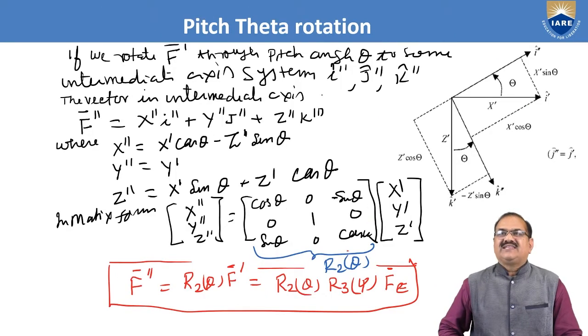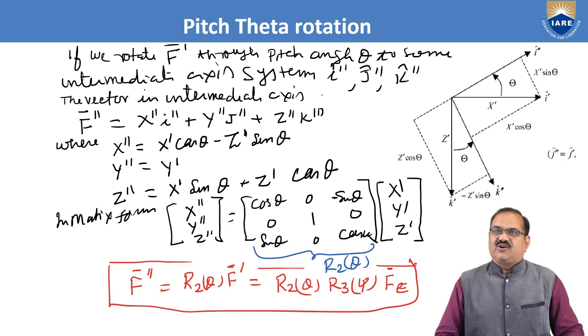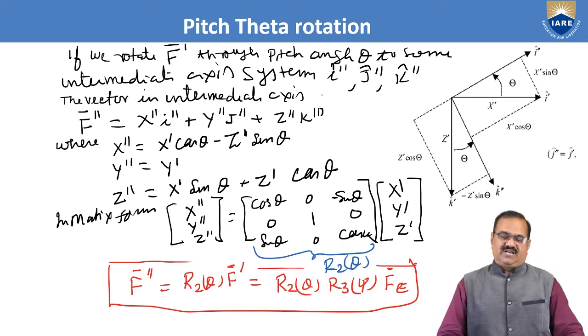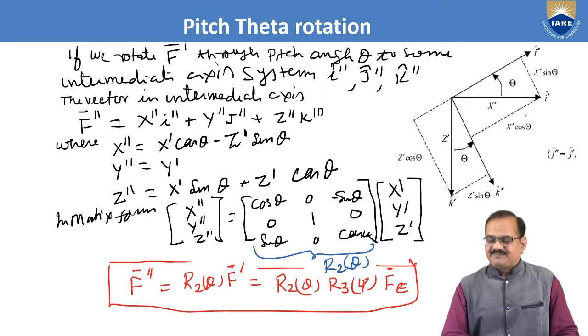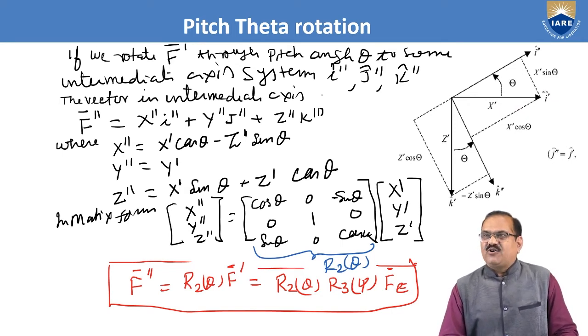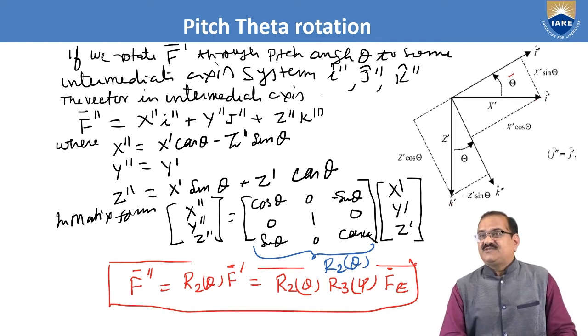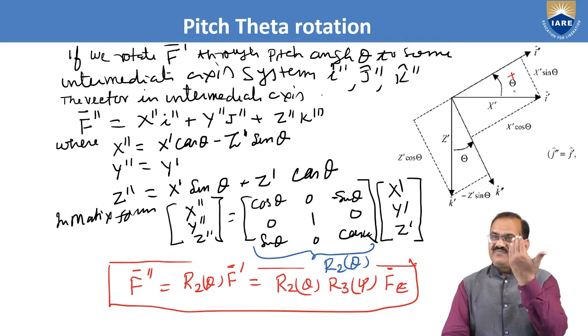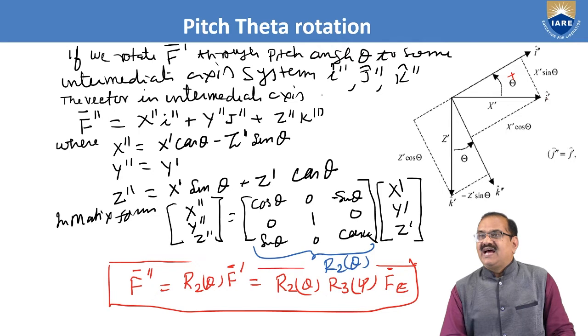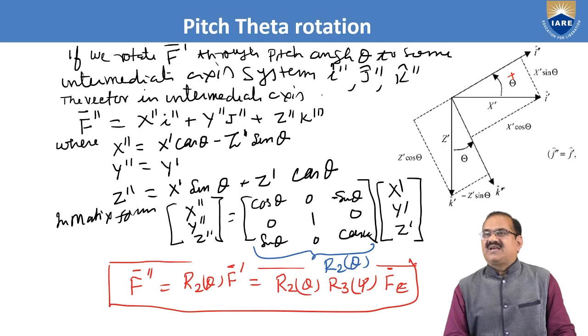Now we have to see the next rotation, which is the theta rotation. So now the new position we have to see in this diagram. You can see, by the psi rotation we got I prime and K prime. Now we have rotated from here upward. This theta is positive here, nose up. So here I prime has become I double prime, and K prime becomes K double prime.